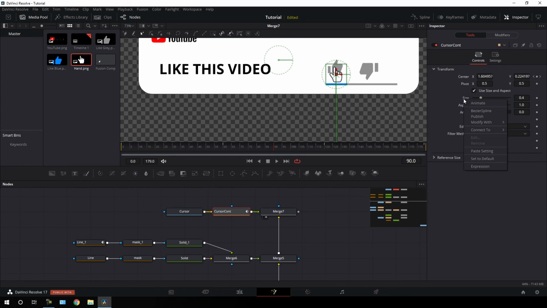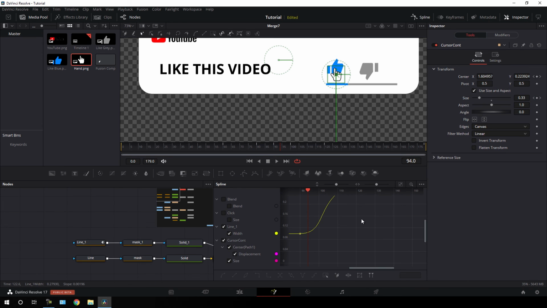So right click on size, click on animate, go 10 frames back in time to frame number 80, add one more keyframe and go 10 frames forward in time to frame number 100 from frame number 90. So add one more keyframe over here as well, and then go to the center of these two keyframes and let's down the size a bit. So I'm going to set this value 0.3,